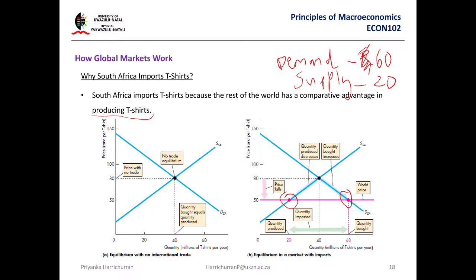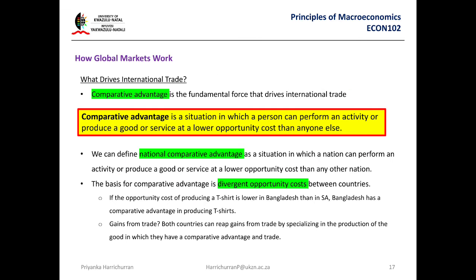If we supply 20 to other countries and we demanded 60, so supply is another way of saying exports, we supply to other countries, and demand is import. So if we got 60 products from other countries, but other countries bought from us 20, that means we have an import of 40. So at the end of the day, we imported 40. So import is greater than the export. Now what this means, if we imported 40, this 40 came from other countries. So at the end of the day, that's bad. That means we don't have a comparative advantage.